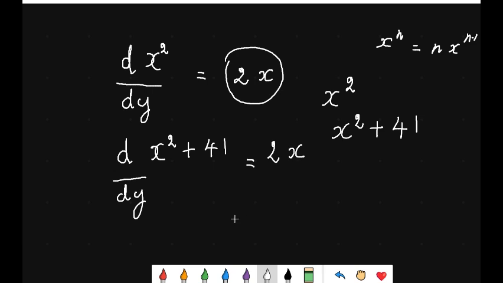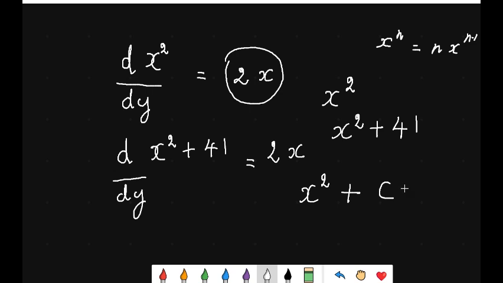So therefore, we can say that if given the derivative is 2x, the original function, or the primitive function, is actually x squared plus any constant c. Doesn't have to be 41 or 51 or 101 or 0, but it is any constant